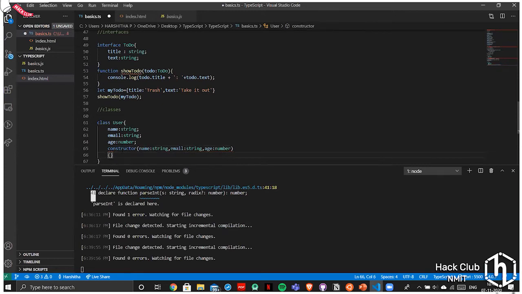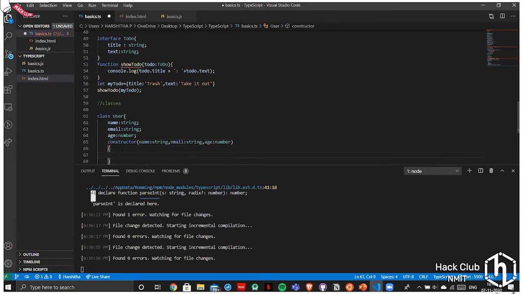Next, we use something called the this keyword. What we want to do is to assign these things to properties. So we do that with this.name. So when we use this, it pertains to this class. So we want this class's name properties to be inherited. So we use this.